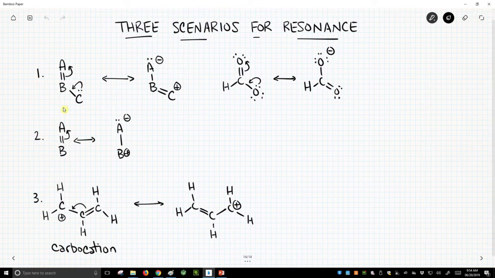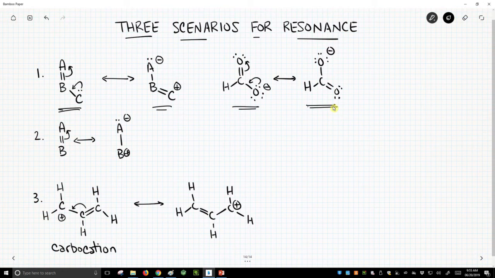The first one is familiar to us, if you've been watching this playlist in order. We have a double bond next to an atom with a lone pair, and this is how we move the electrons. Here's an example of this, and I forgot a negative charge. Here's a deprotonated carboxylic acid, a carboxylate, and we can shift the electron density, delocalize the charge to get